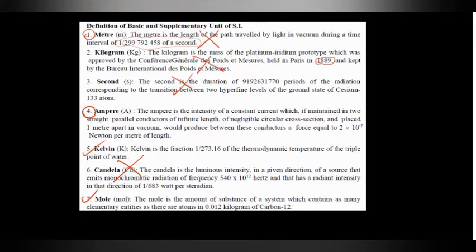Even these things, if you are a chemistry student, you need to know about the mole. Kelvin is going to be learned in thermal physics, the heat lesson, so not now. And the ampere in current electricity and magnetism, not now. So don't worry. You don't really need to know about any of these, but you have to know one thing, that there is a well-defined standard definition for them. That's the only thing you need to know, nothing else. Okay,